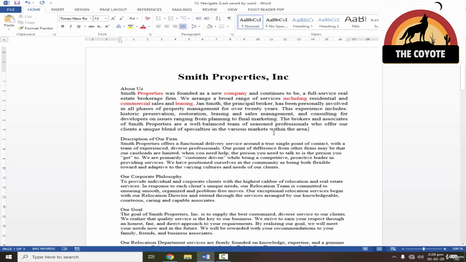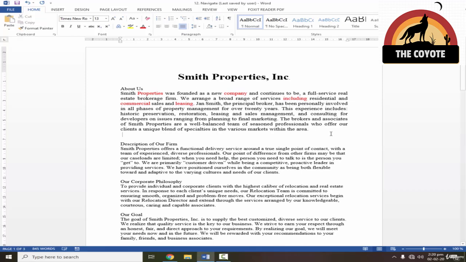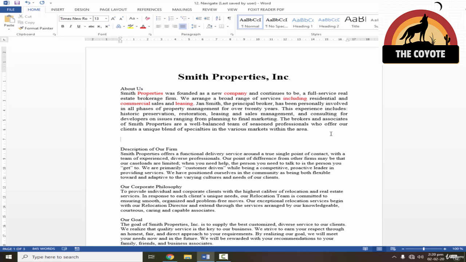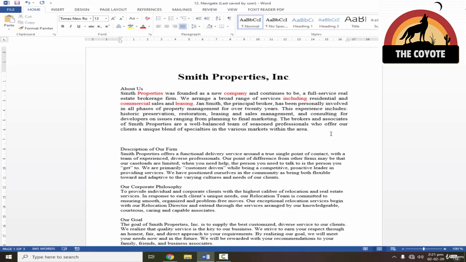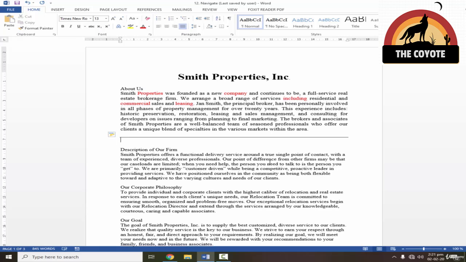Now if you want to divide these two paragraphs into separate sections by creating a line, then many of us just hold the dash and make a dotted line like this. And if you want to make a continuous line, you just hold Shift and underscore, and it will create a continuous line. But this is not a very efficient method. The shortcut for creating a line is to just press three dashes and then press Enter. It will automatically bring a continuous line.